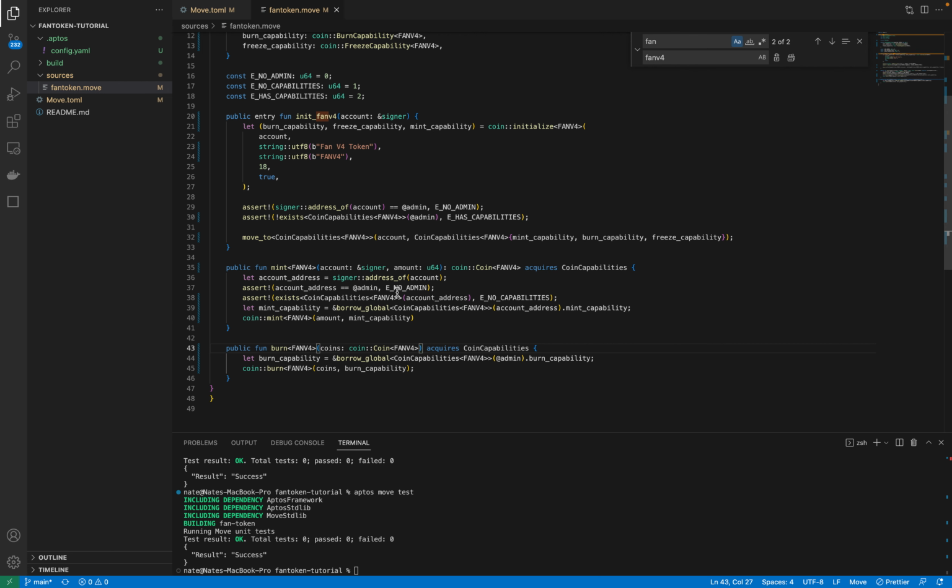Alright, then in this function we're going to add one more argument. We're going to add the address that the minted tokens will be sent to. If you were trying to run this function, you must have gotten an error that the type arguments mismatch. So you're supposed to have 3 arguments here instead of 2: the account of the signer, the address that the minted tokens will be sent to, and then the amount. So let's call the address user,